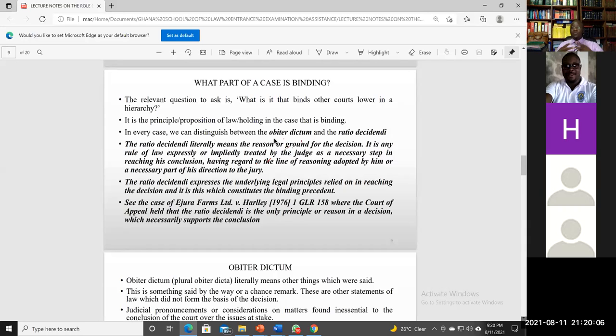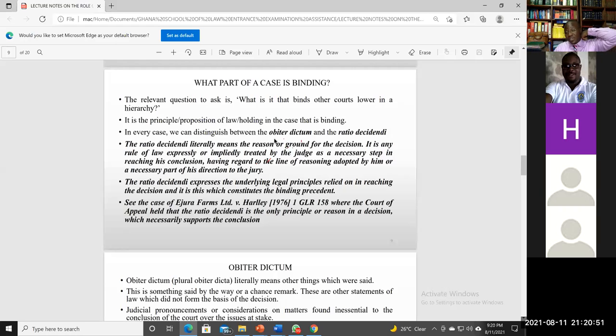A court is confined to deal with the issues in controversy and the facts giving rise to those issues in controversy. So in the course of doing that, the judge may, for example, create an analogy or make some other commentary. Now, those comments, for example, may be a succinct principle of law, though not really relevant to the issues in controversy. And depending upon the standing of the judge, whether he's a very respectable, knowledgeable judge, and so on and so forth, his